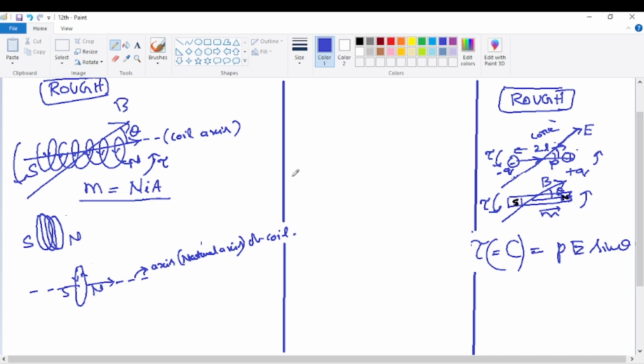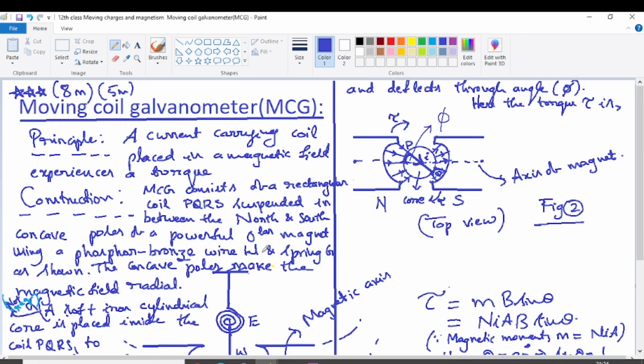It is better to take all the points of this rough column, which I have written separately here in the rough column page. Actually this should be in the fair column page, because when you are taking notes in the fair column, this is the first page, and you have a rough column on the right hand side of the page. In that, it is better to take the rough column points.